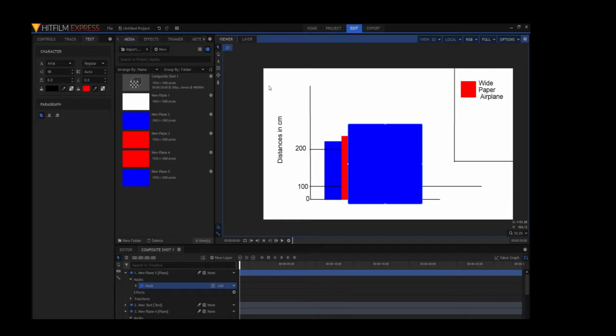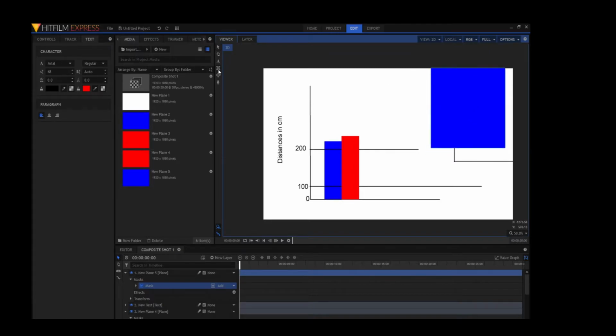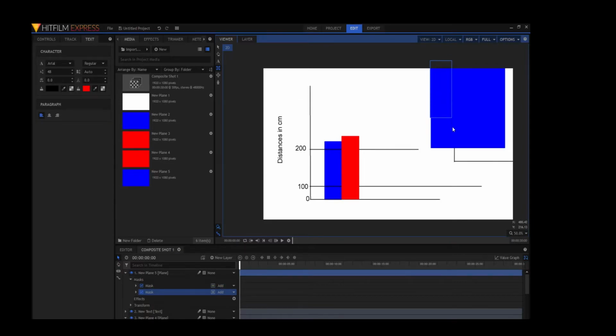What I can do, though I don't have to, it might make a difference in your project, it might not, is this square is pretty huge. I don't know if you would want to really try to fix this. You might just want to get a new plane, and that might be easier for you. That's what I'm gonna do.